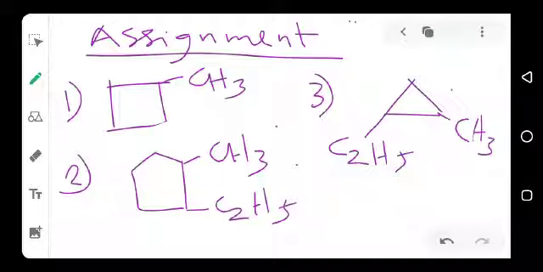To name it, you name it alphabetically. Which one comes first in the alphabet? This one is methyl and this one is ethyl. So you start from the one that comes first in the alphabet and name it. Then you check the total number of carbon in the ring. That will determine whether it is propane, butane, pentane, hexane, or any other thing. So the same thing with this one, you name it properly and submit. So next time